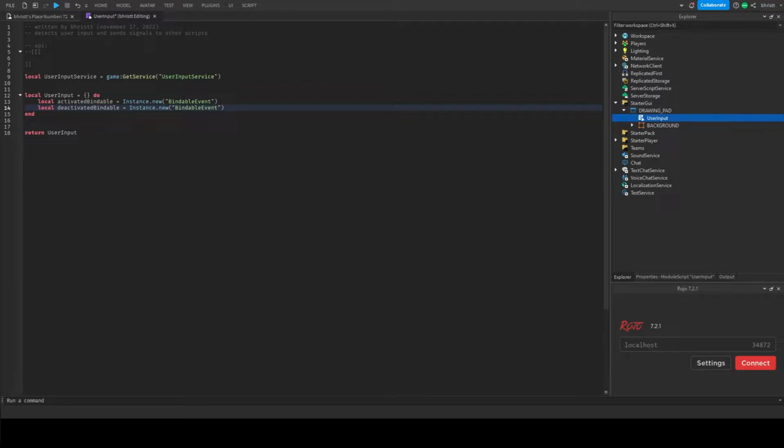Alright, to start off the script, I went ahead and added UserInputService. I added some headers, like this API thing, so I could put all the functionality of this module script. And I put the description: detects user input and sends signals to other scripts, which is what I said before. And I went ahead and added these two bindable events right here, because we have this table right here, and we're going to make these two bindable events, and these bindable events are going to be fired every time this